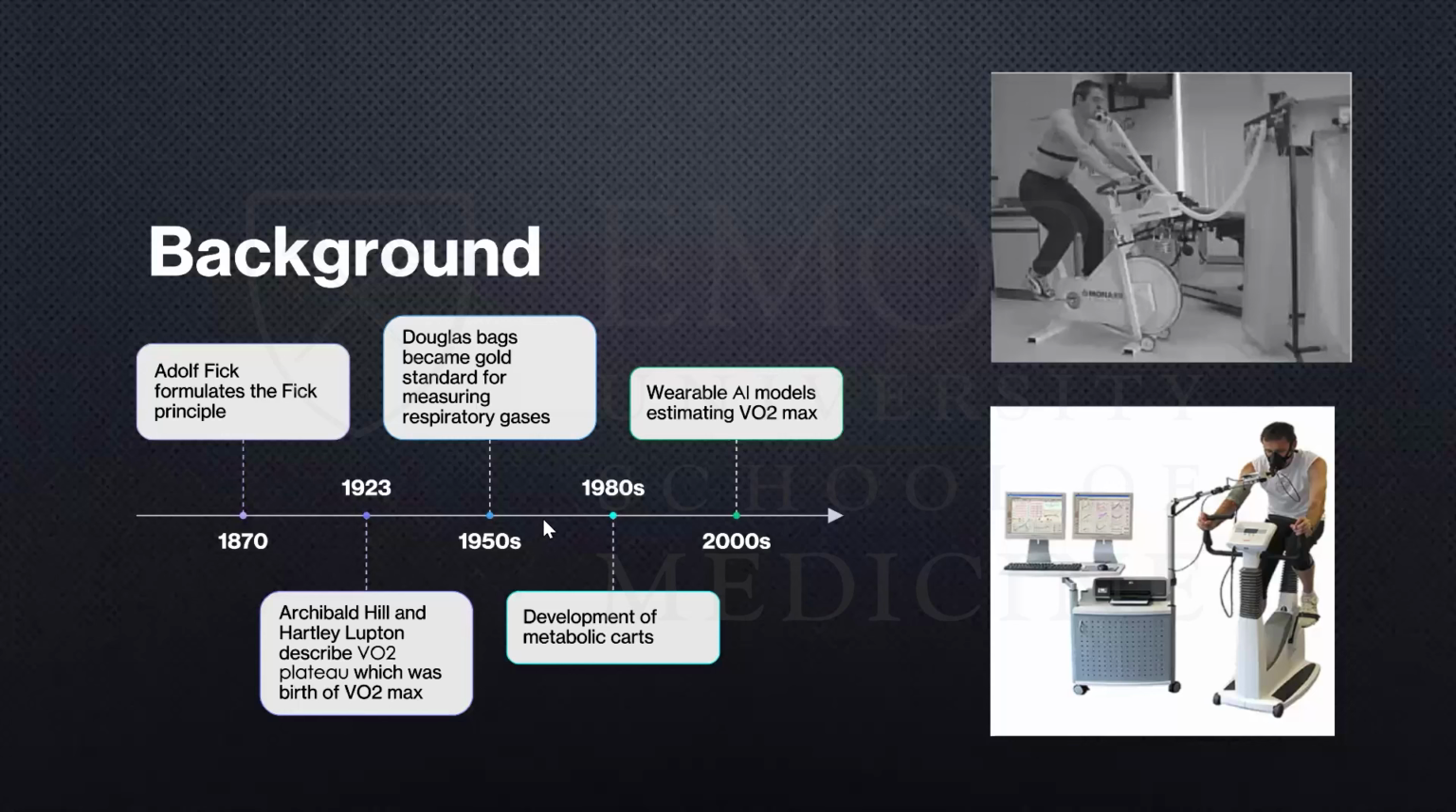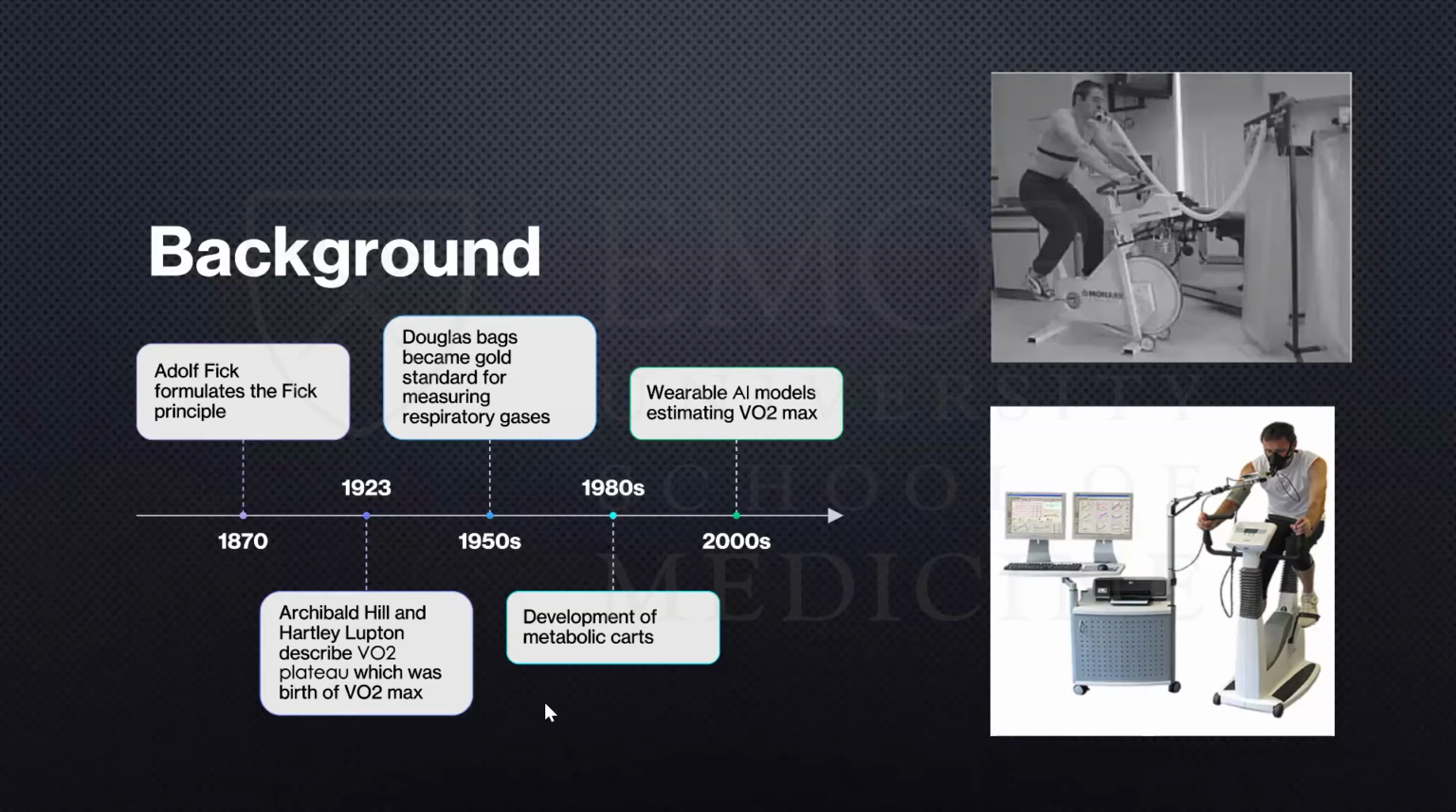And fast forward now 20, 30 more years, the Douglas bag became more of a gold standard. So they started talking about that process in the 20s, but then the Douglas bags were pretty much all the way on the scene. Everybody was using them. But the key thing that Hill and Lupton noticed when they were analyzing the oxygen data and CO2